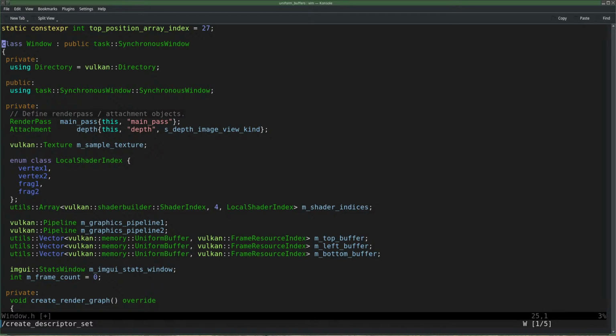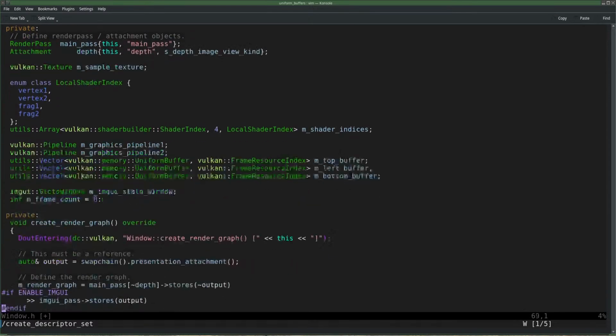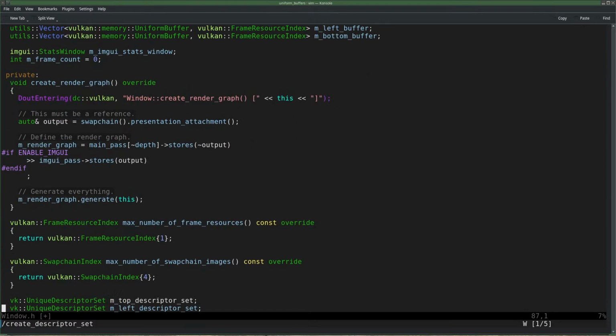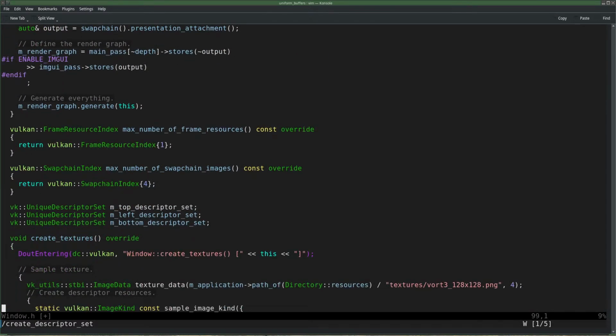Maybe I should just call back to the window class again as a hack. Just like having the descriptor sets there in the first place. In other words, I already have in my window class now the descriptor sets, these 3. So I might as well leave the other variables as well up here.